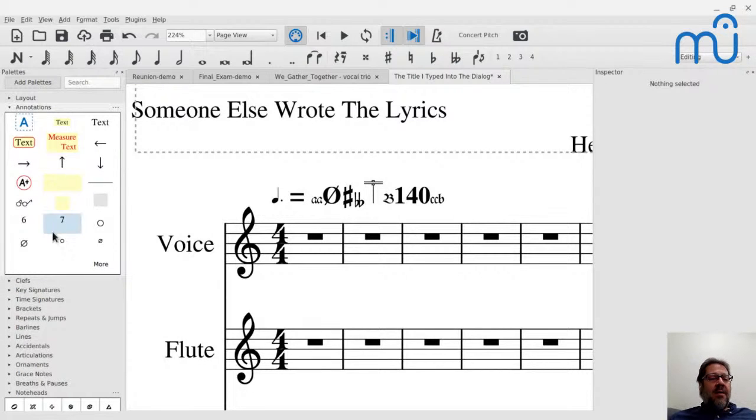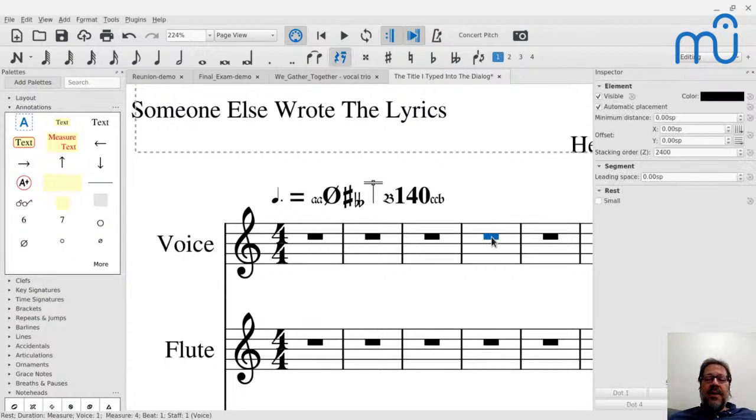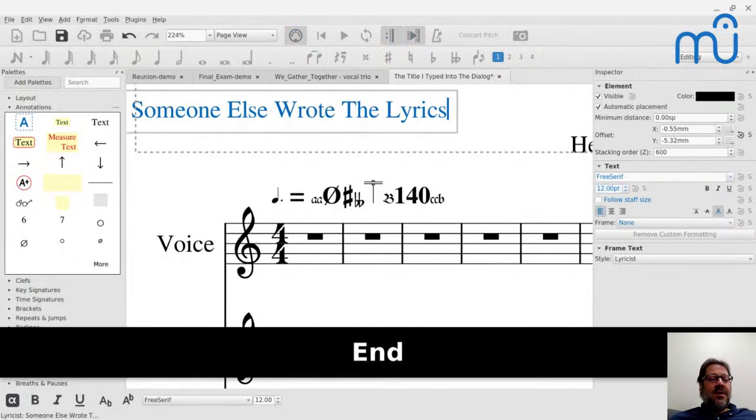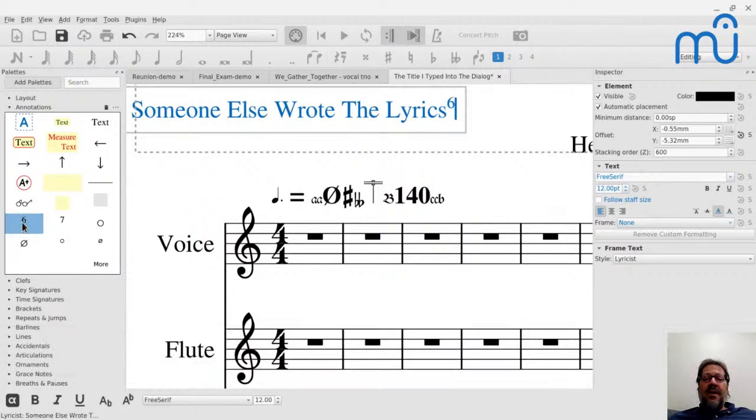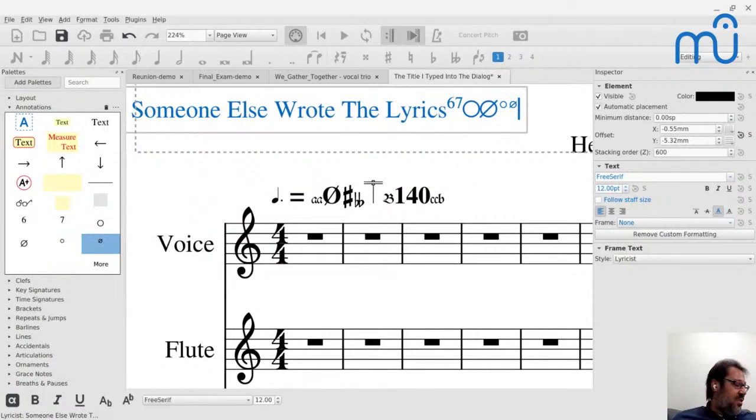Then I have things like, let me type in this text here, a 6 and a 7 superscripted, because I add them a lot when I'm writing worksheets. These are the diminished and half diminished symbols, and I use them a lot because I create a lot of educational worksheets. And so I can very easily add them from my own palette here.